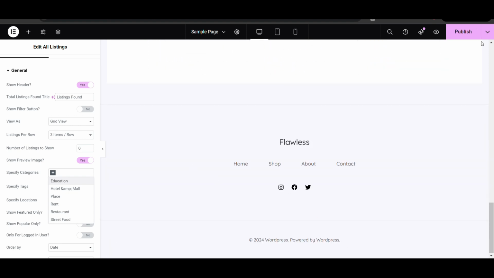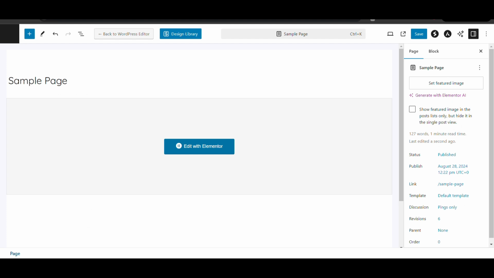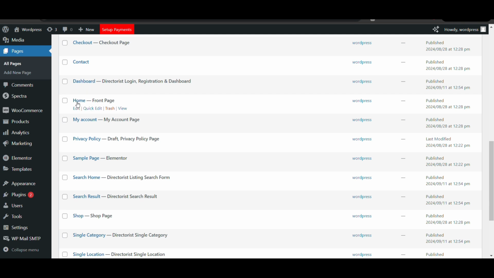So there are multiple customizations from the front end, back end, everything that you can do through this plugin. Okay, I have given you only a simple preview. If you want to go into more detail on this plugin, let me know. Okay, I will create more videos on it.